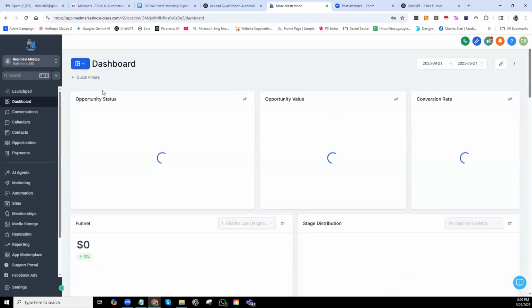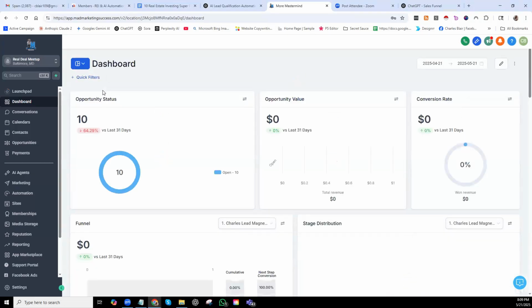Now, this process I'm going to give you is a process where I'm going to use a template. Our question was basically, well, I don't want to know the hard way to do it. I want to know the easy way to do it. The easy way to do it is just to go inside of Go High Level. Once you're inside,